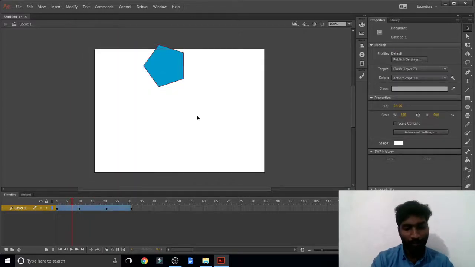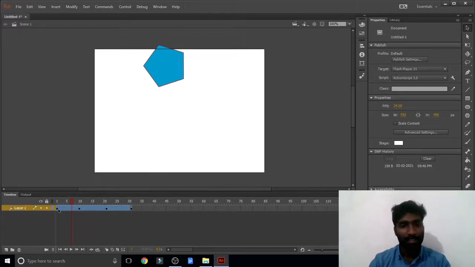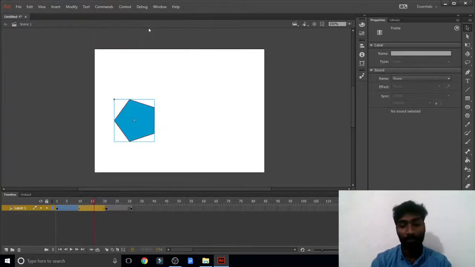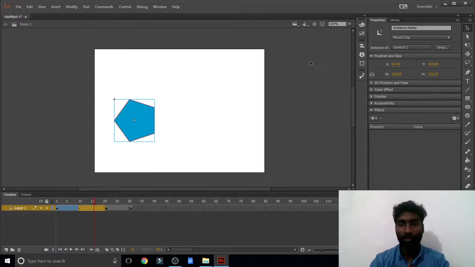Now you can see the movement. Control Enter. Some movement is there, but we cannot see it properly. Before it was on and off. Now for example, in this place, right click, move motion. Here also move motion. Now Control Enter, repeat the animation again and again. Now you can see some variation, but this is also not much good. While playing the animation we can see some movement on the object, that is called motion.